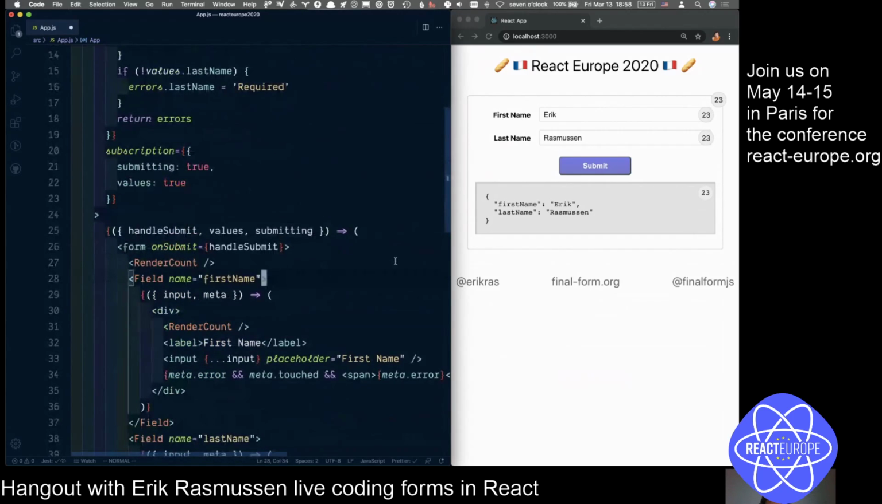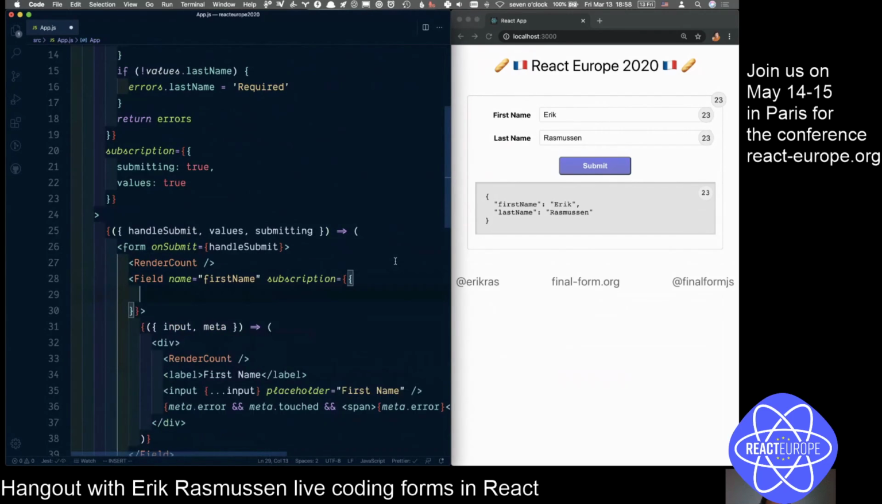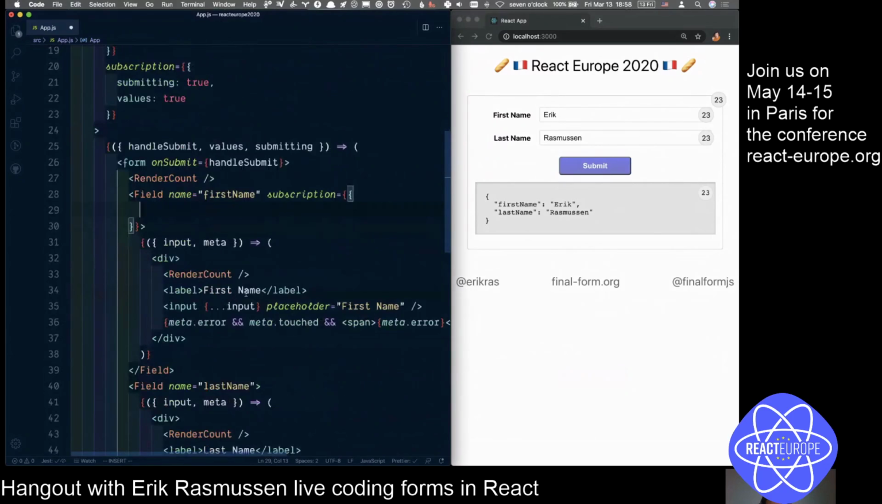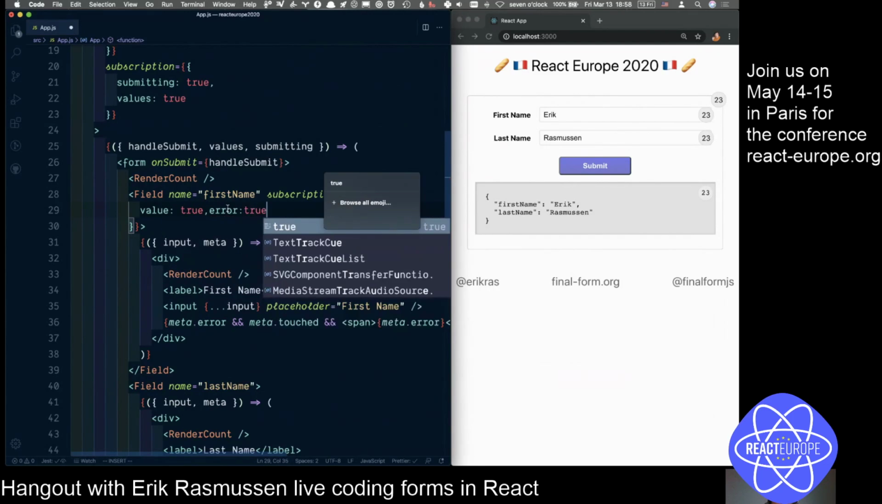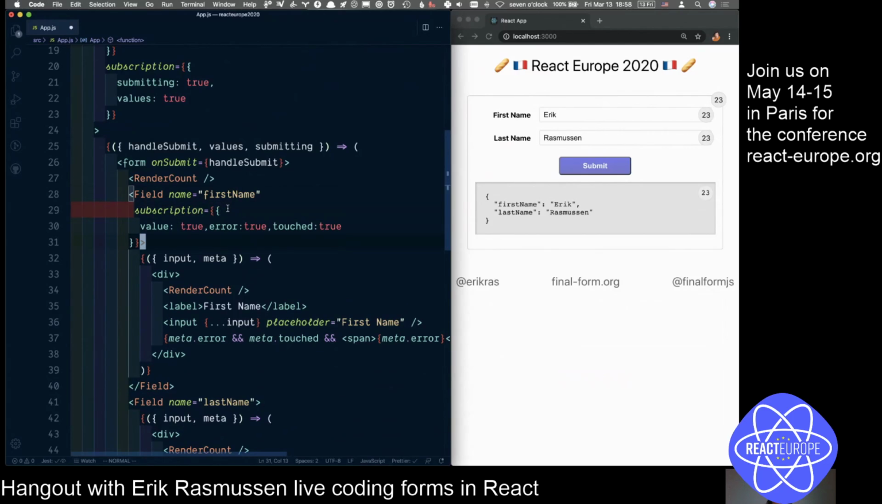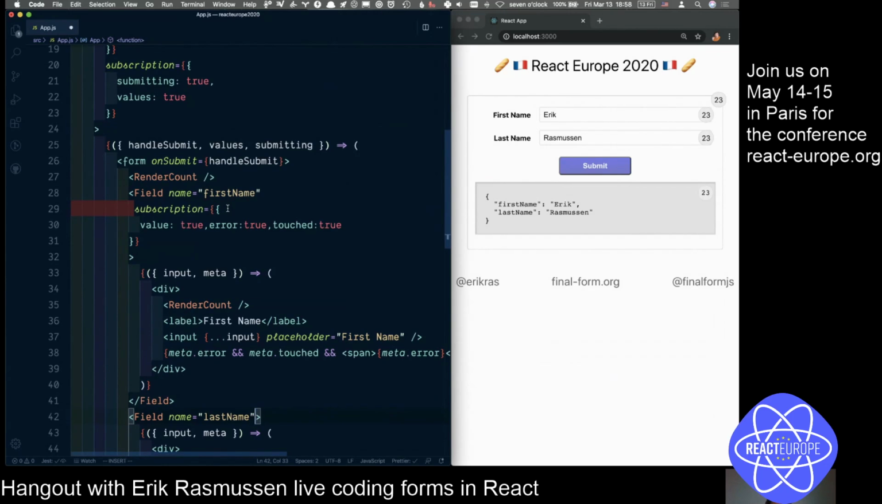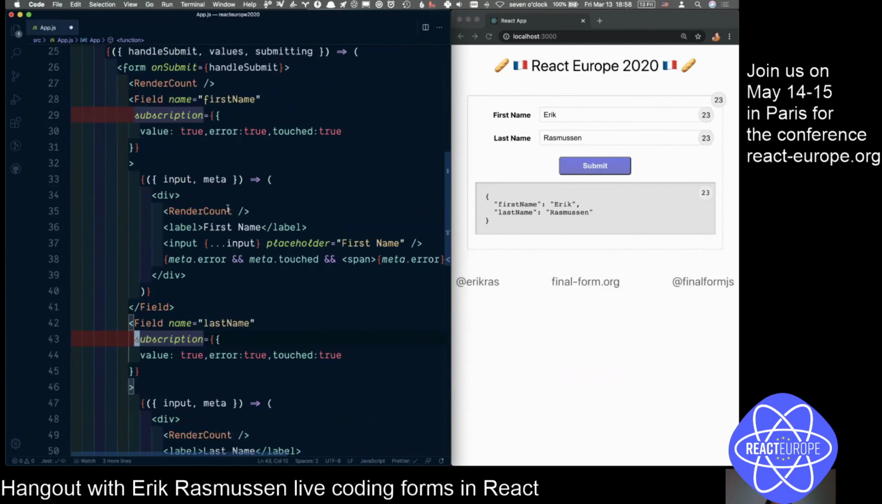And then for our field, we can do the same thing, subscription. And here, the parts of field state that we care about are error and touched. And although it's hidden in this input here, the value we need to obviously re-render for. So value true, error true, touched true. So now with this, copy and paste it into our last name too. Okay, so now